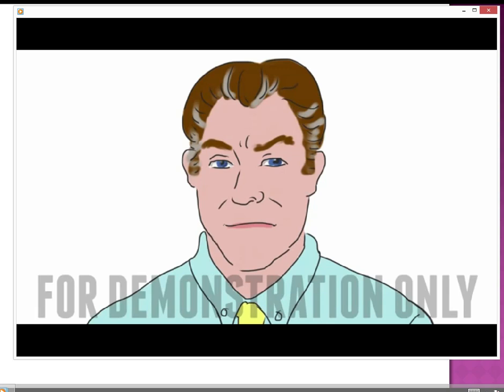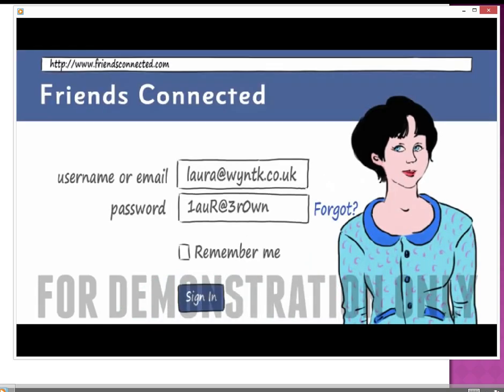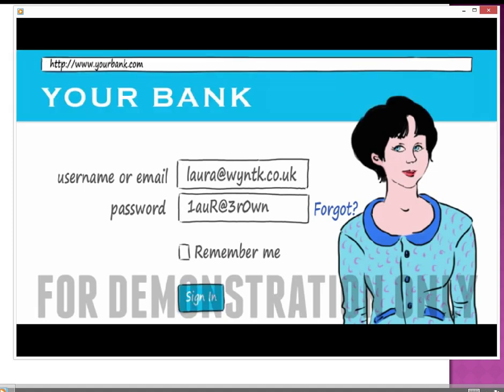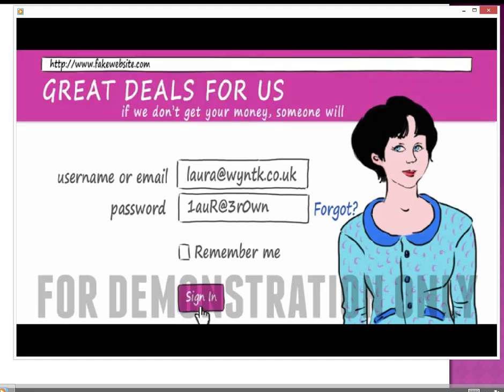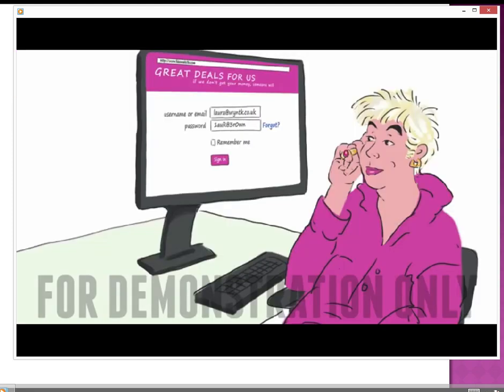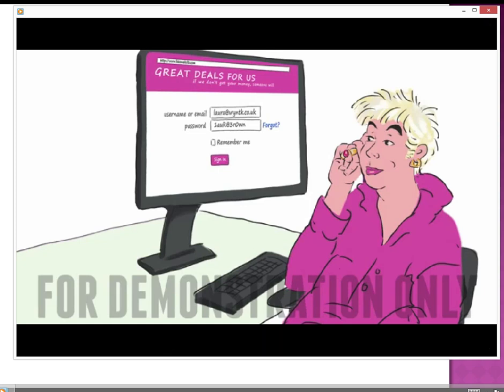We need passwords for everything these days. This is Laura, and she uses them a lot. This one looks pretty secure and she knows not to write it down. But here's the thing, she uses the same password for lots of different websites. The same one for her social media, her online auction account, her bank, and her amazing.com account. And for some site she had to register for. Criminals capture usernames, passwords and personal information from bogus sites. It's one of the most common ways that criminals get our details. So using secure passwords is important, but it's also important to use different ones.